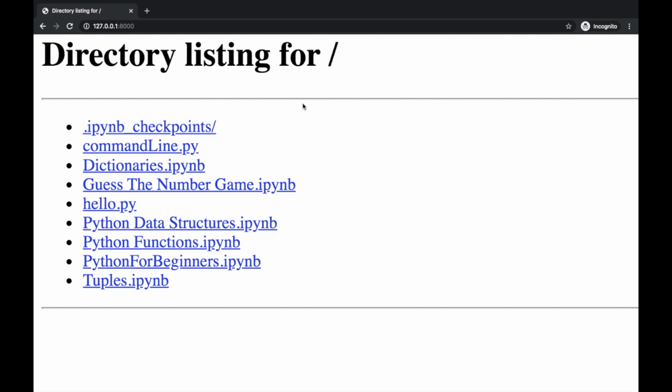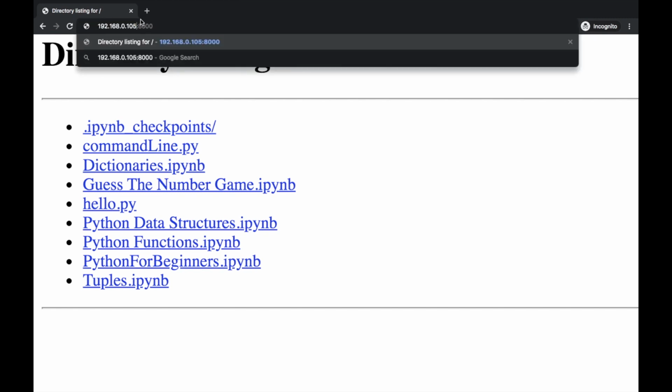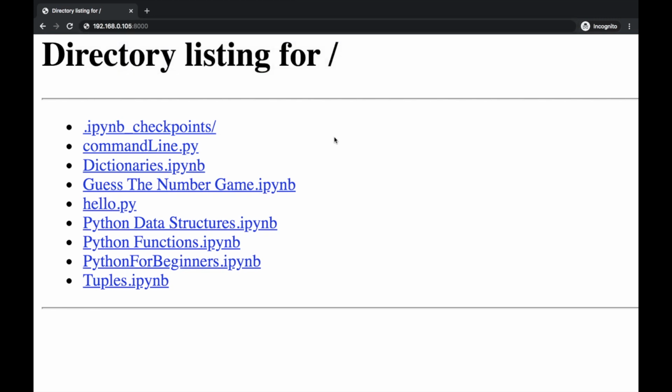But as I have told you earlier, we are doing this to transfer files from one computer to another computer. So you have to use the IP address you have copied from that place. So this is my IP address. If you are on some other computer, you have to use this IP address. If you are copying files from another system, then you have to copy the address of that system, right?